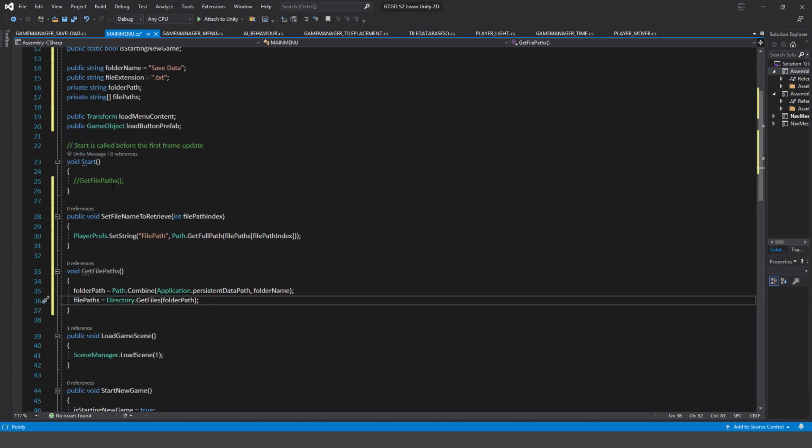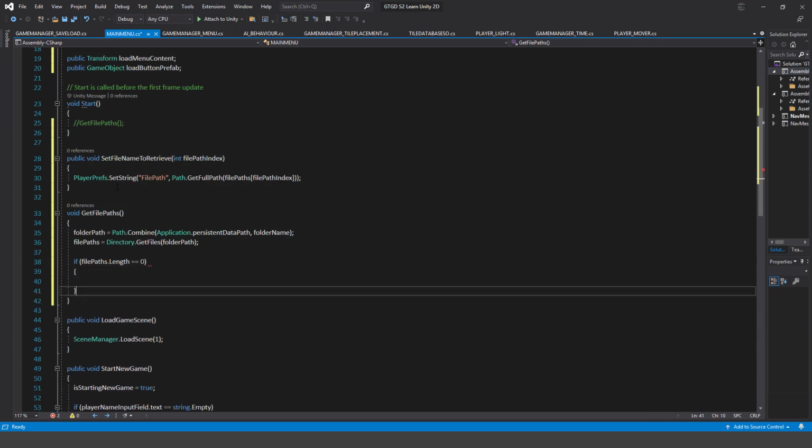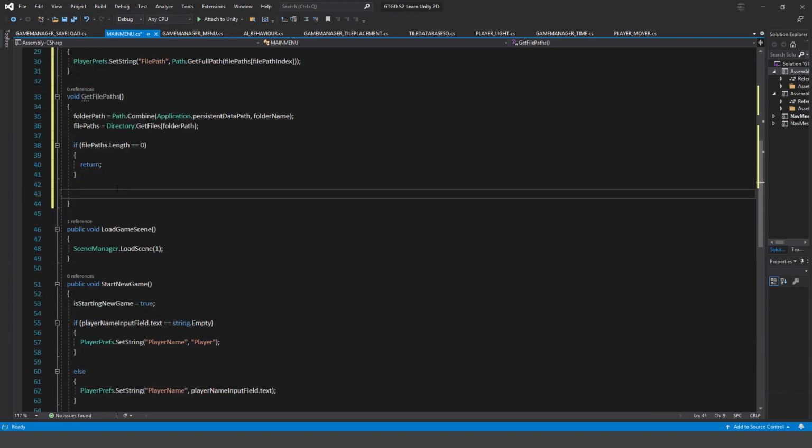That's very handy. So now next thing is if filePaths.Length is 0, that means that there are no save games. We'll just jump out of this method and not do anything further. So we're going to return, okay? But if there is something to do, so if there are save files, then for int i equals 0 and i less than filePaths.Length, i plus plus,